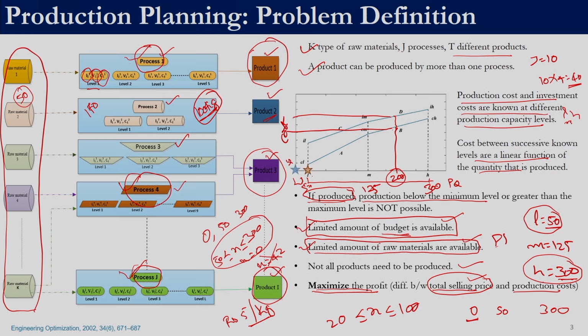Again, raw material constraint is a type of constraint. We can have one constraint on raw material 1, one constraint on raw material 2, one constraint on raw material 3. If raw material 4 is available in unlimited quantity, then we will not have a constraint on raw material 4. So, depending upon how many raw materials we have and their availability, we may have that many constraints. And you need to remember that the problem does not require that all products be produced. We are given the choice to produce the products that are most profitable. So, this is the definition of the production planning problem.